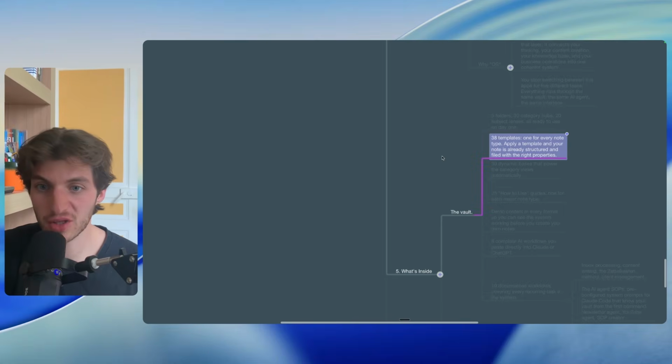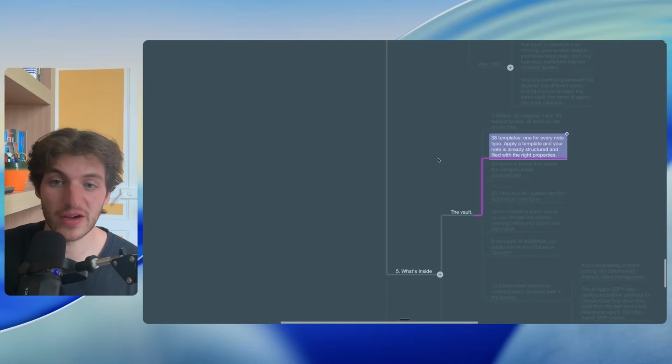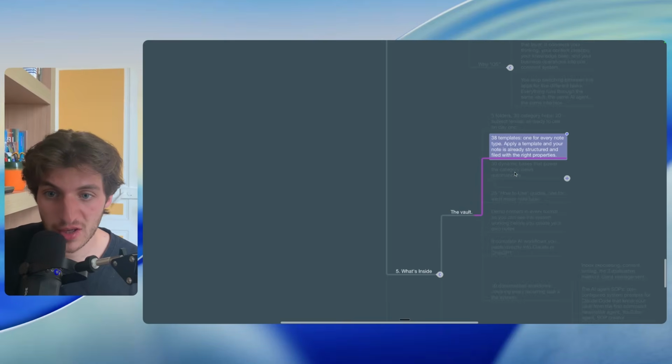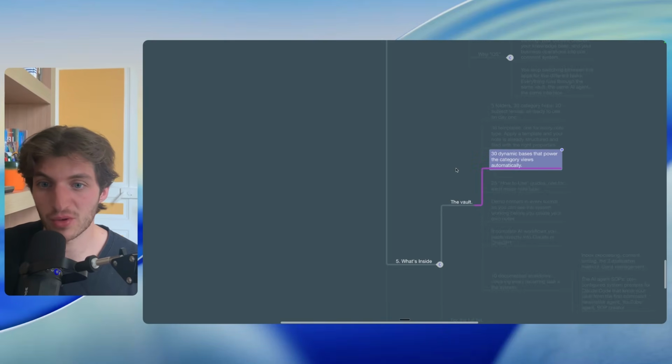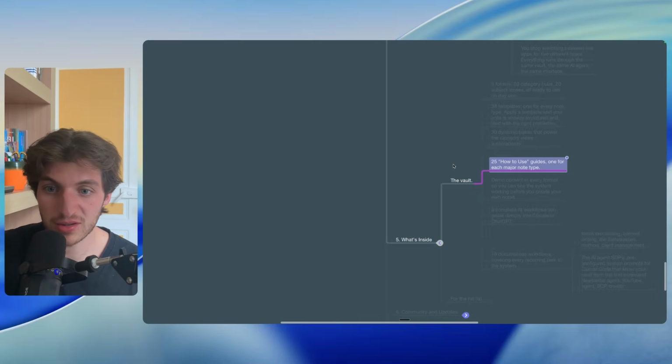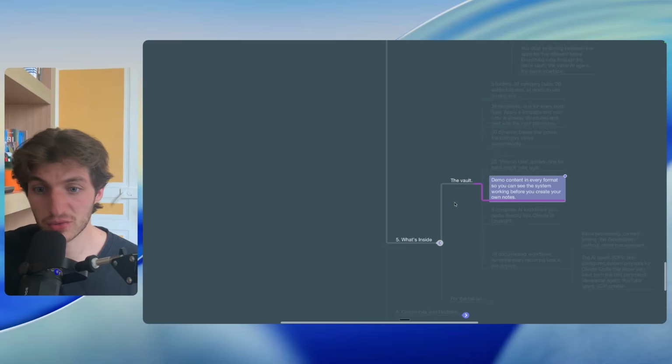You also have 38 templates, one for every node type, and you just have to apply a template and your node is already structured and filled with the right properties, which powers the navigation system of the Vault. You also have 30 dynamic bases that power the category views automatically, 25 auto-use guides, one for each major node type, demo content in every format so you can see the system working before you create your own nodes, a